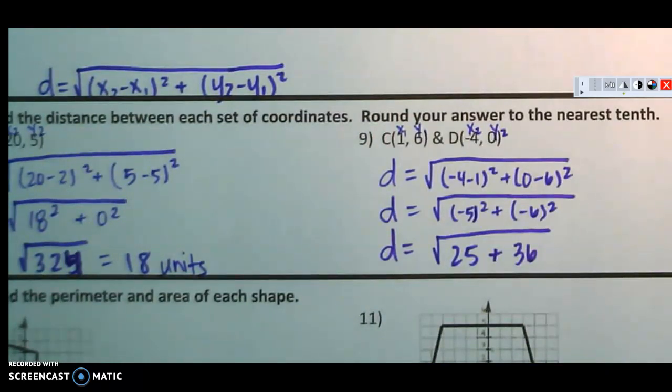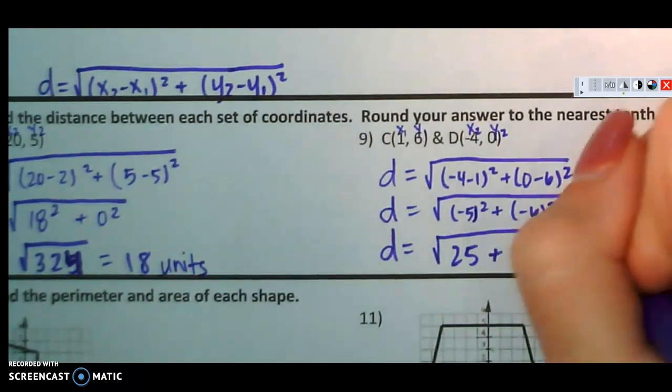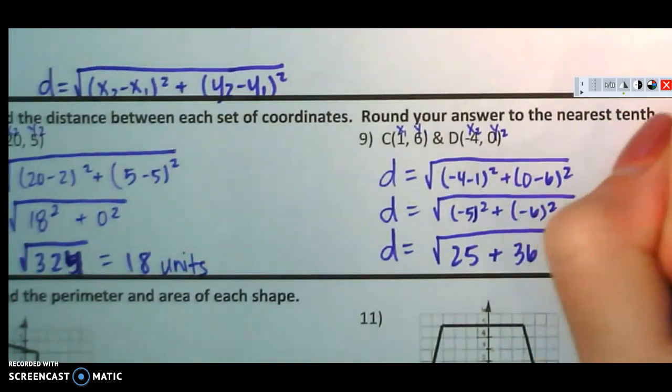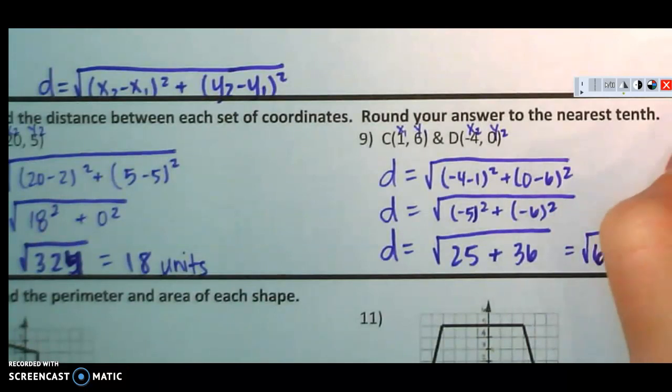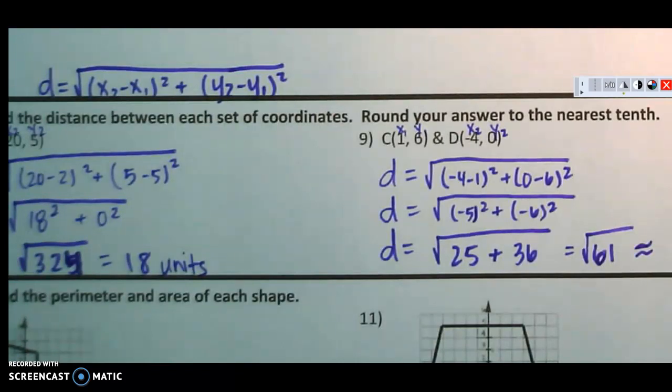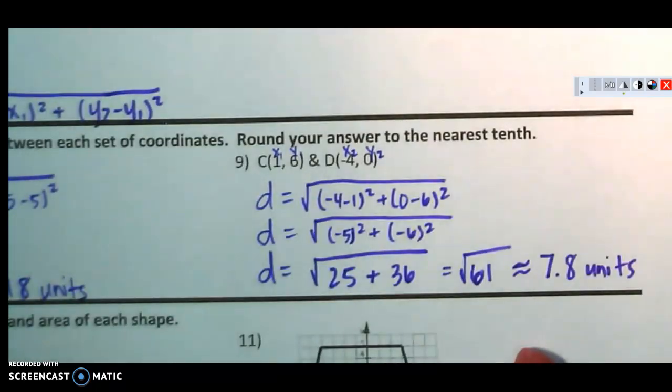Okay, the last thing that we need to do is figure out what this rounds to be. All right, that's the square root of 61, which is approximately 7.8 units if we round to the nearest